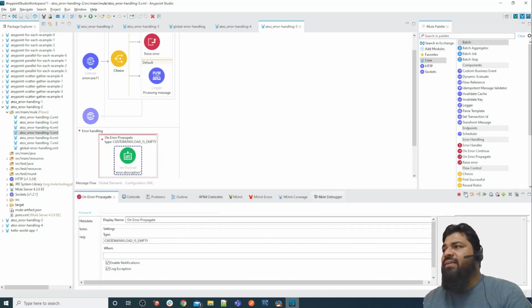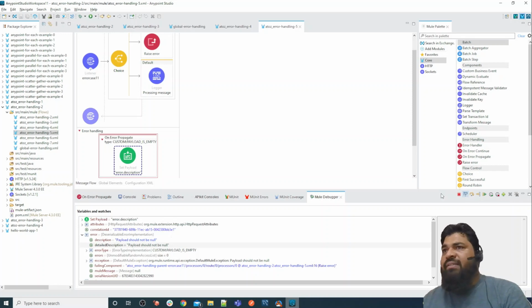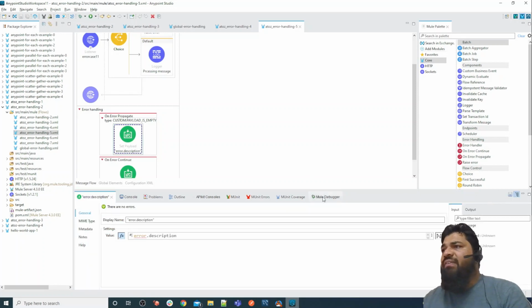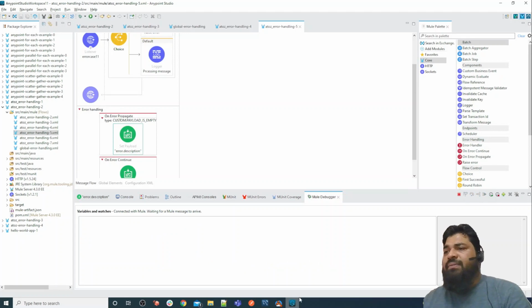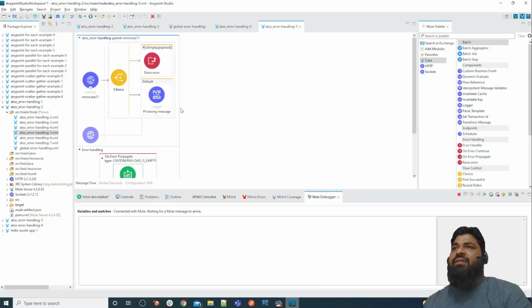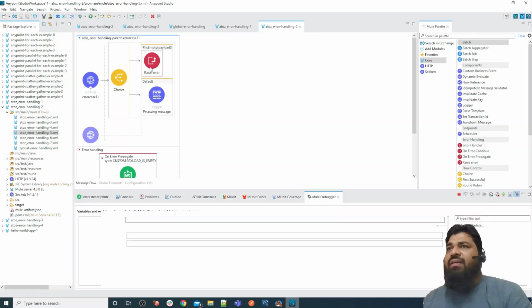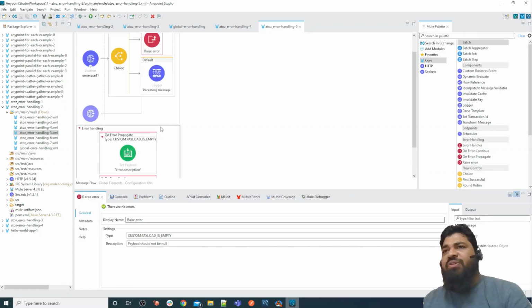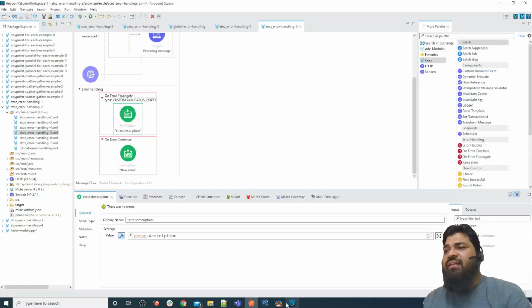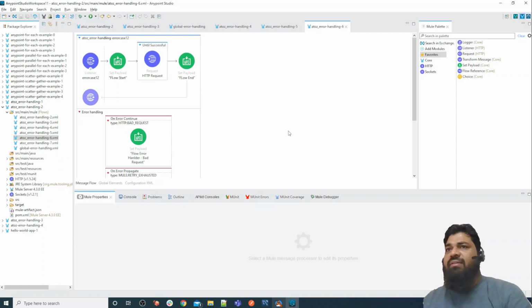That's why it goes here, and it is On Error Propagate by default. Then we are setting the error description in the payload with a 500 status code. So this is the error description and this is the 500 status code. Whatever you define here will be part of your description. That's why you are getting the same thing: payload should not be null under error description. So this is the custom error, how throwing an error works.